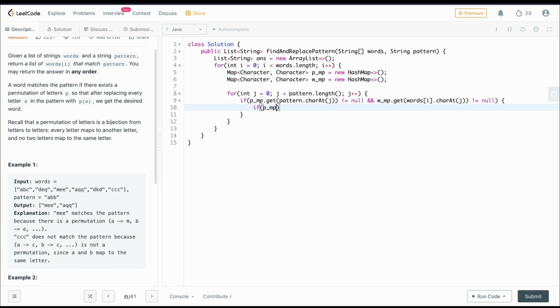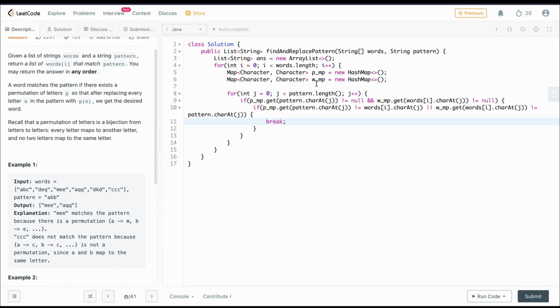If the character we found in the pattern map, patternMap.get(pattern.charAt(j)), is not equal to the character we are currently at in the word, or for the word map, wordMap.get(words[i].charAt(j)) is not equal to pattern.charAt(j), then in this case this string is not our answer, so we break out of that loop.